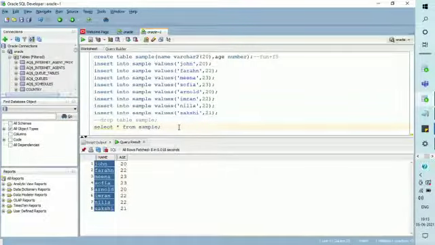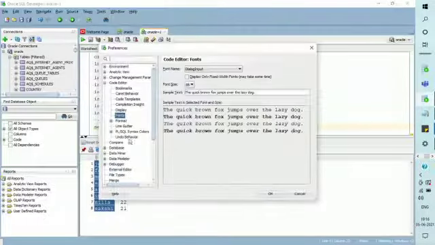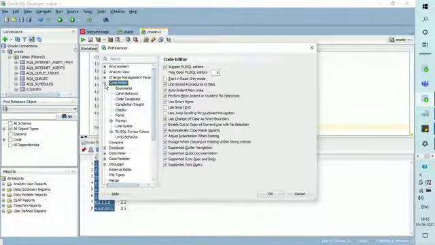Shortcut number 6 tells us about SQL keywords as shortcuts. Let us go ahead and try it out using a scenario. The scenario is, if you want to find the data from the table, you'll go ahead and write the query as select star from. Here we can make select star from also a shortcut. All you need to do is go to tools, preferences, and under code editor select code templates.